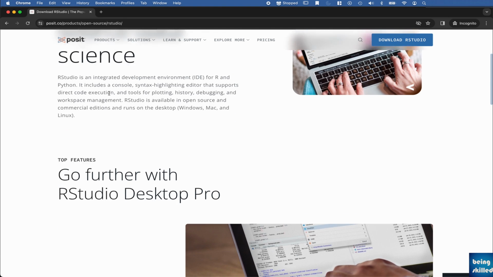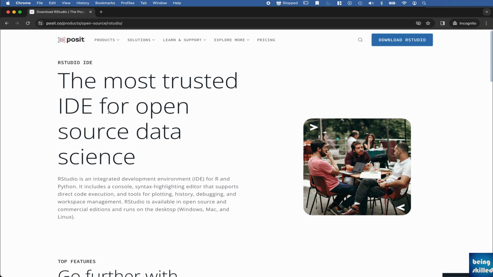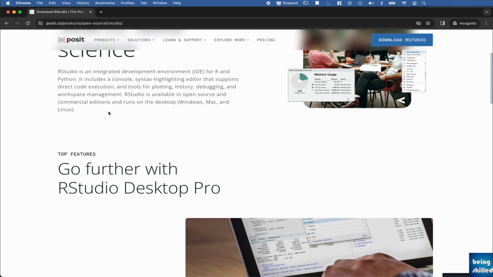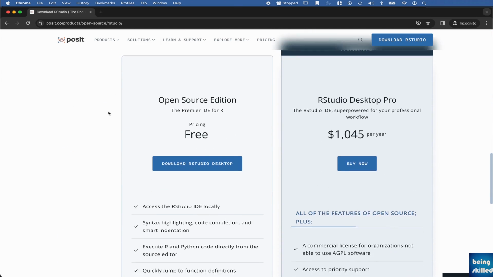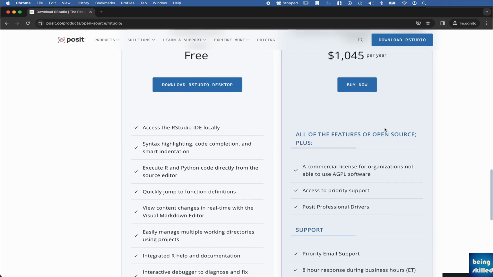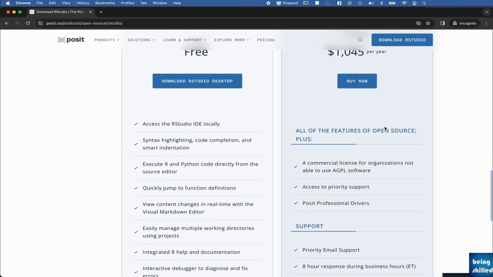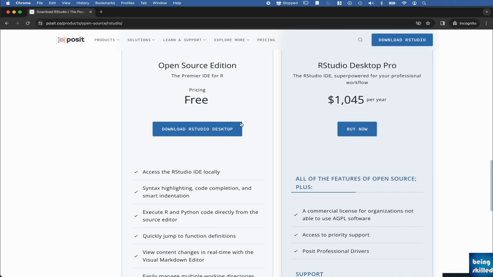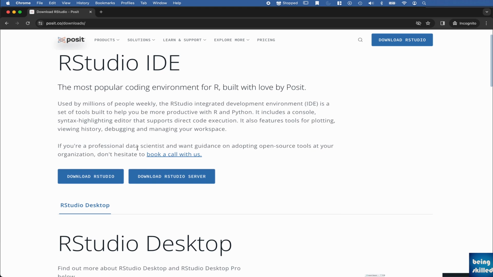If you'll open that, you will read about what RStudio is essentially, and what are the different types of RStudio options. So we will be choosing the free one because we love free, and if you want to spend some money you can do that as well. So there are certain different features for each of them. So click on download RStudio desktop. So if you click on download RStudio, then